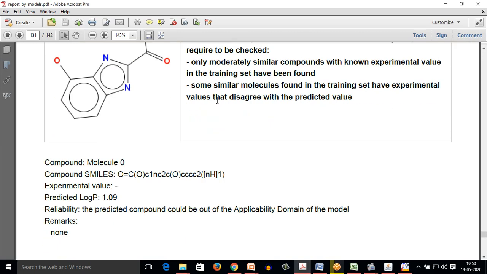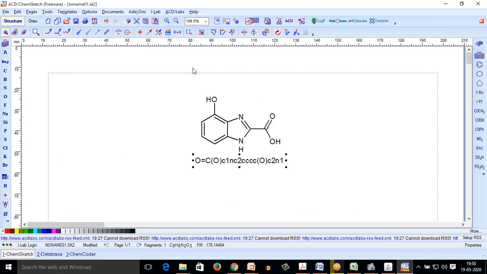So viewers, I hope the things were very clear. What we did initially, we generated a structure using the ChemSketch software. Then we generated the SMILES notation for that.